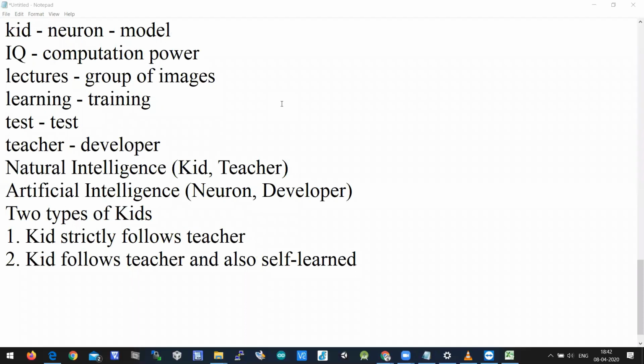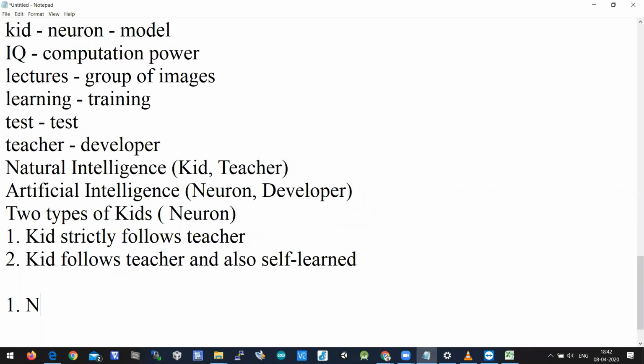When you're studying in engineering, some students will be hearing the lectures, and some students will be self-prepared for all the exams. So you'll have two types of mechanisms here. So when artificial intelligence comes into place, you'll have two types of kids. What is the kid here? The kid here is nothing but a neuron. So you'll have two types of neurons.